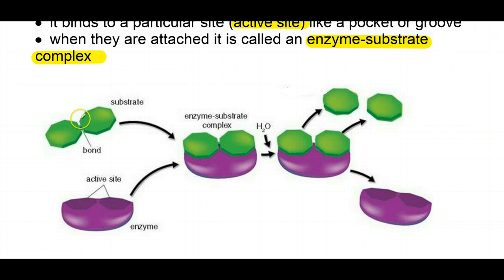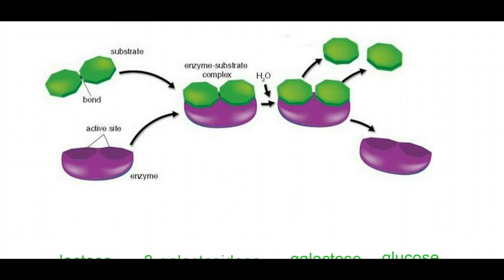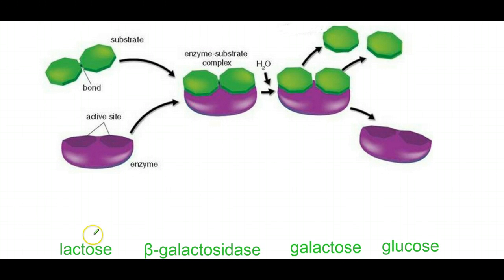So see, this was two units joined together, and the purpose of this reaction was to break them apart, so a catabolic reaction. Keep in mind that the reverse can also happen. You can have two single units that need to be joined together, and you might have an enzyme involved in that process as well. So just to put a real life example into play here,